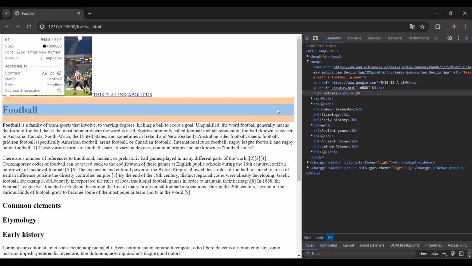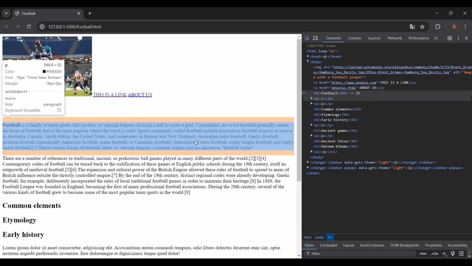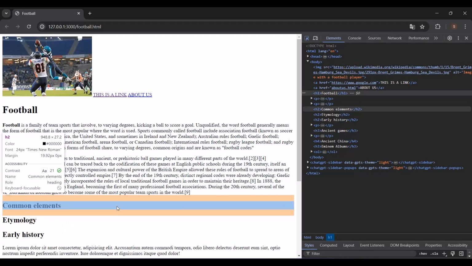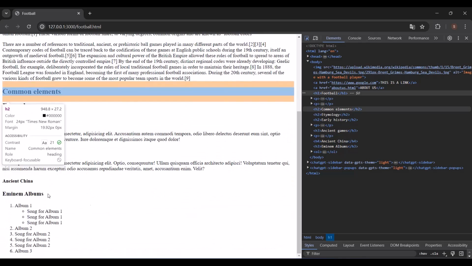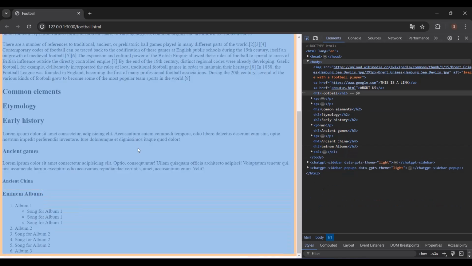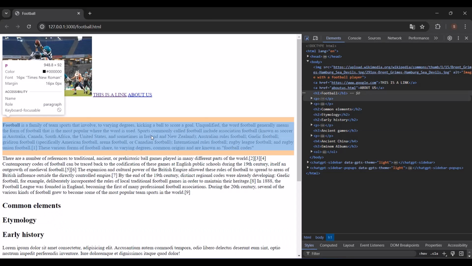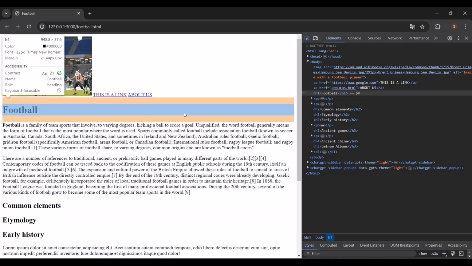It takes this whole space. And the same with the paragraph. The paragraph is a block level element. This is a block level element. The H2 is also a block level element. So all of those are block level elements. So this is the difference between inline elements and block level elements. It's not too complicated. It's just how they manage the space that is given to them. So this is the basic difference between the two.